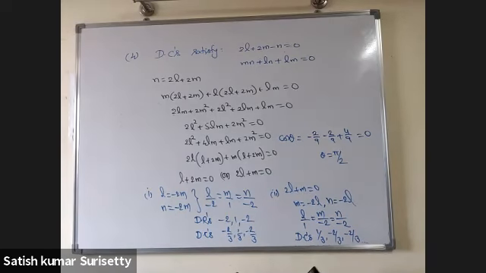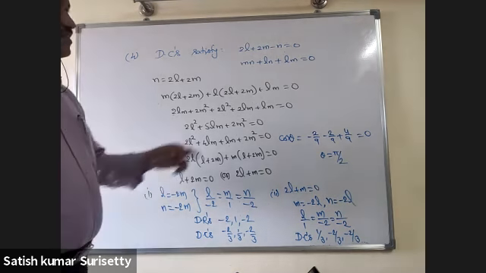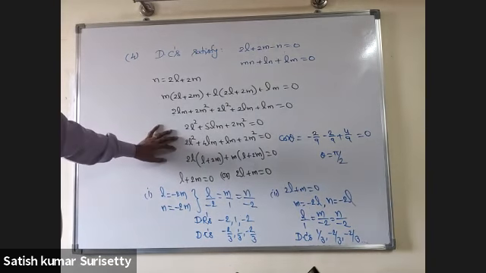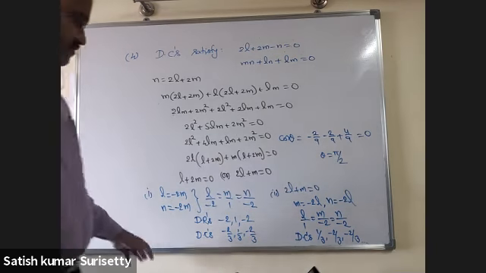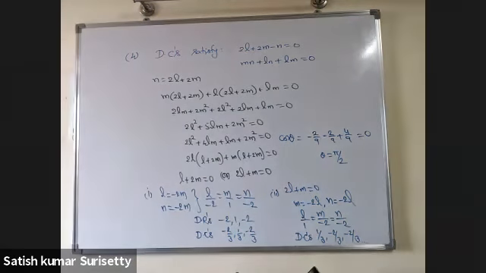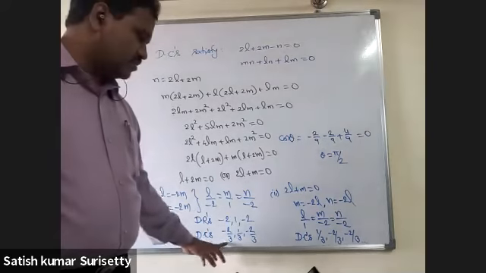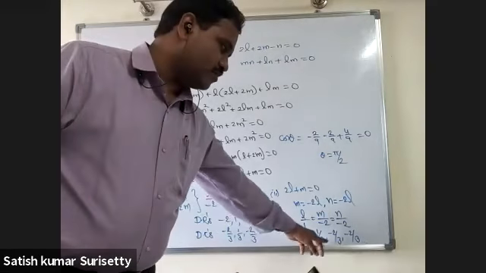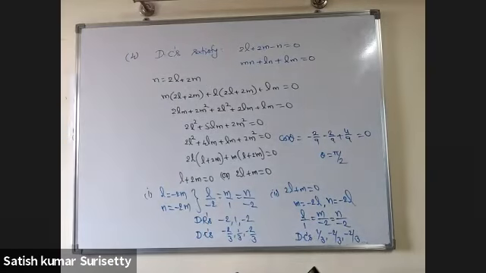Direction cosines which satisfy the equations 2l plus 2m minus n equals 0 and mn plus ln plus lm equals 0. So replace any one of the variables, n. Then you will get a quadratic in either l or m. Factorize, take the two cases and get the proportions. So direction cosines of one line are minus 2 by 3, 1 by 3, minus 2 by 3, and direction cosines of the second line are 1 by 3, minus 2 by 3, minus 2 by 3. So the angle between them is pi by 2.